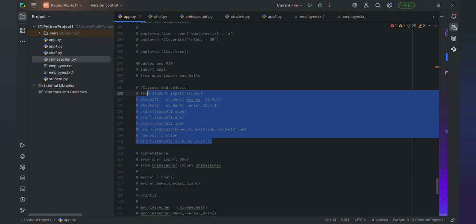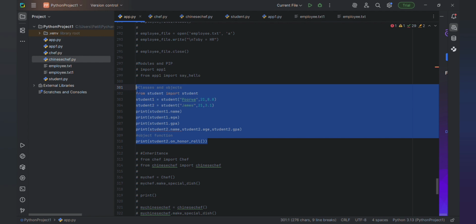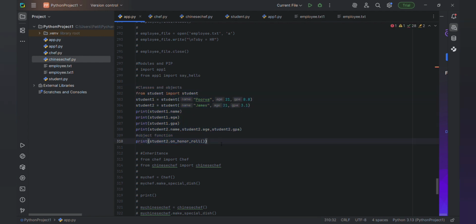So yeah, the next thing is classes and objects. Classes and objects are very important aspects in any programming language. So in Python also classes and objects are very important. What is a class? Class is a group of objects. I will tell you what that is in the example. An object is an instance of a class. In many interviews they will ask about classes and objects: what is a class, what is an object?